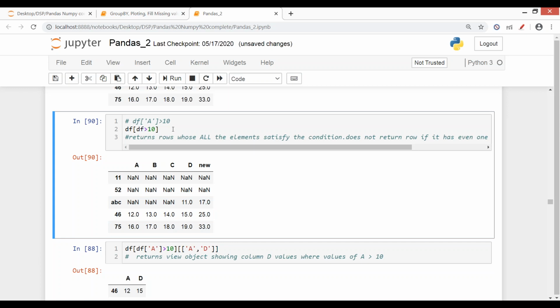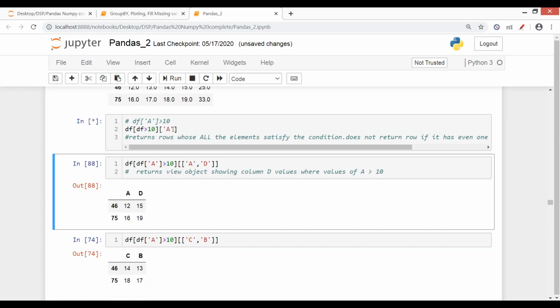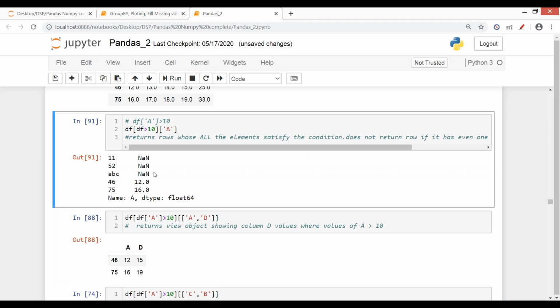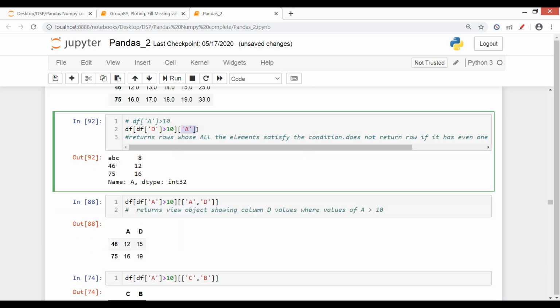You can use it. इसमें भी you can use this way. There is no harm in this as well. हाँ बट अगर हमें सिर्फ वैल्यू नहीं चाहिए तो हमें specifically first कॉलम का ही नाम लिखना पड़ेगा. And then you have to specify the column. If you just want specific values, then you have to specify the column. Like for column D, आपको values greater than 10 चाहिए, and with respect to that column, you want column A. आपको specify करना पड़ेगा फिर.